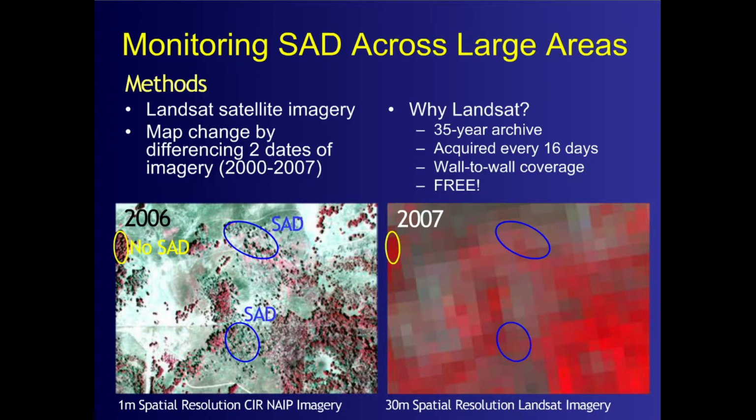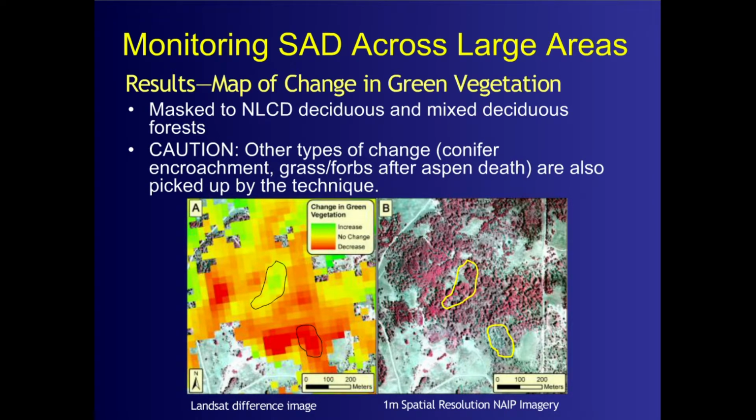So that was the basis for this product that we derived, differencing those 2 dates of imagery. And here again, you can see a close-up of this change detection layer that we produced. Again, the reds are decrease in green vegetation, yellows and greens are no change or an increase, and how they correspond. And so far, it's looking fairly hopeful that we'll be able to detect a lot of this sudden aspen